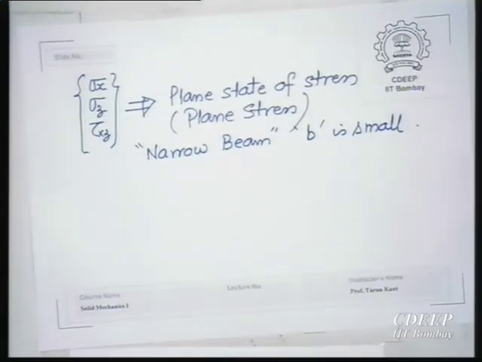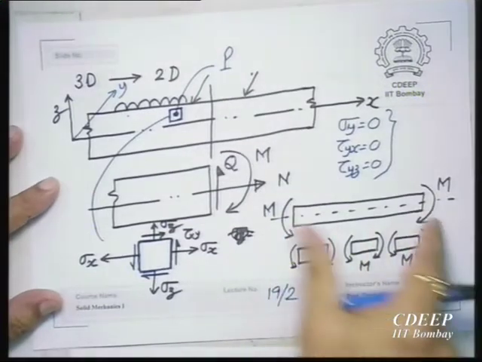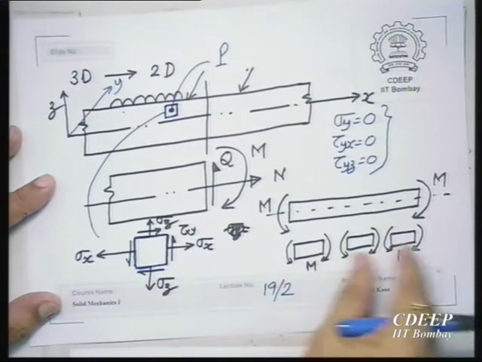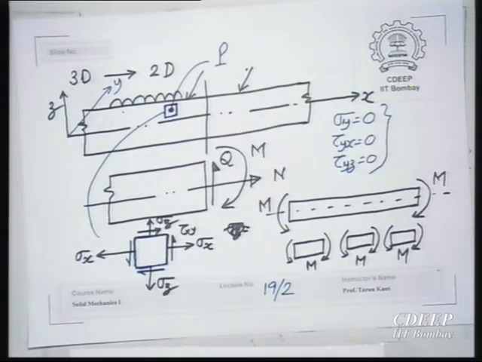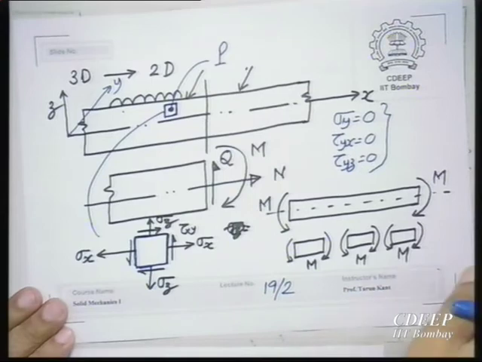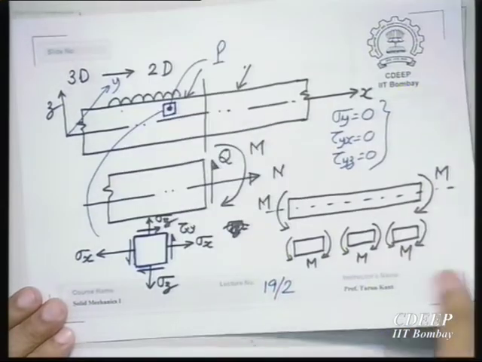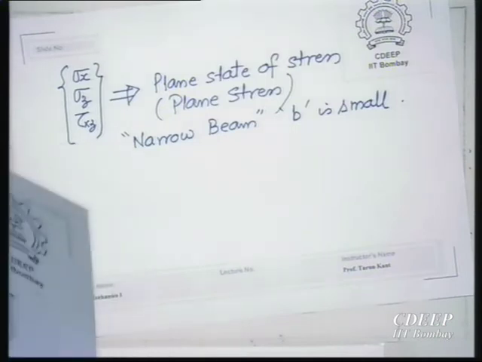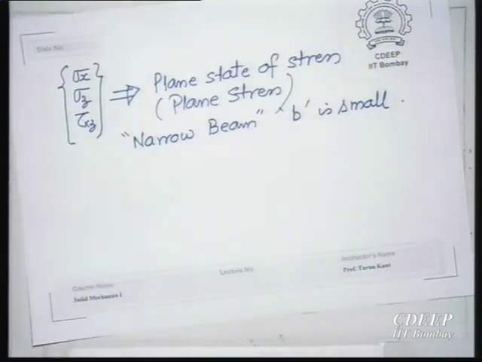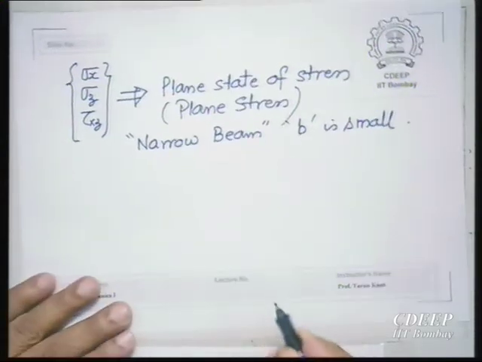Now, before I take up deformation due to bending, which I showed you, every element of this beam, if it is under pure bending, then every small element will be subjected to the same bending moment, and it will be like this. And that is what we are going to study, what will be the stresses due to pure bending. But before we take up this, let us try to see the geometry.